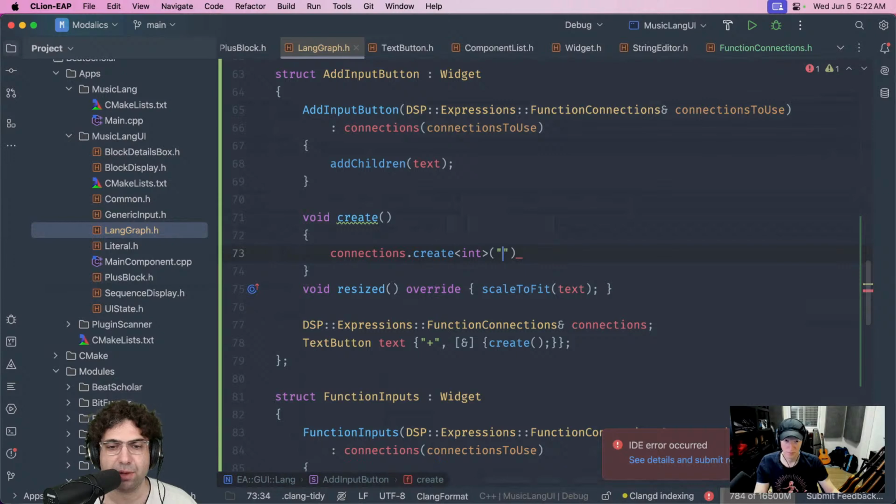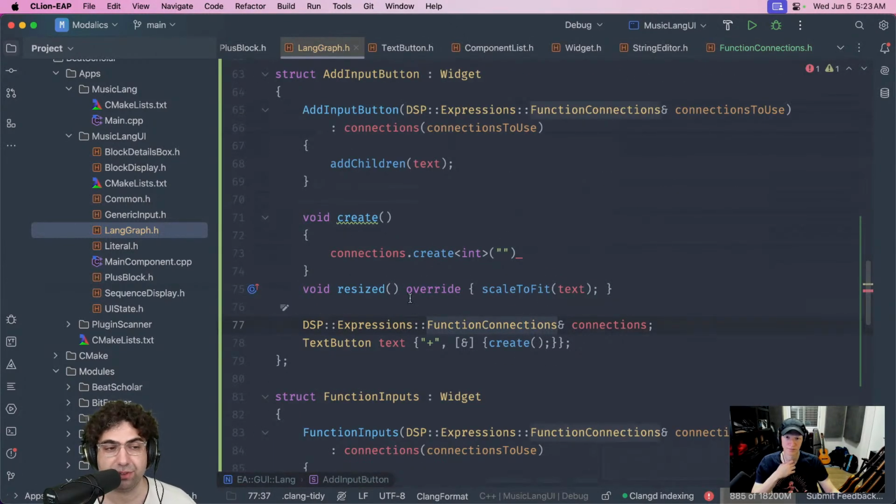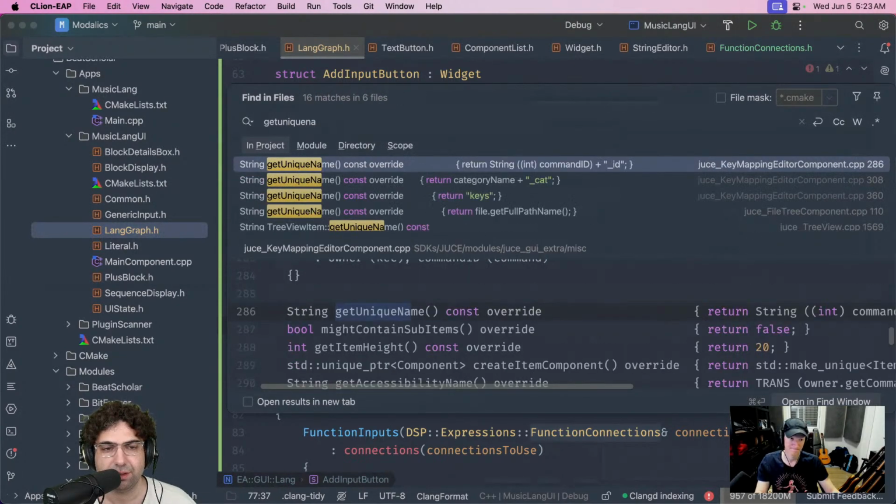for the name, what I'm probably going to do is I have this function that I've already used in the previous stream, which is about getting just a unique letter. So it's going to be A, B, C, but also check that this letter has not existed yet. Let's see where I have this function. Maybe I can reuse it. So I made that function. It's something like get unique name.